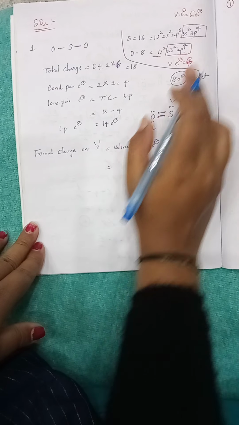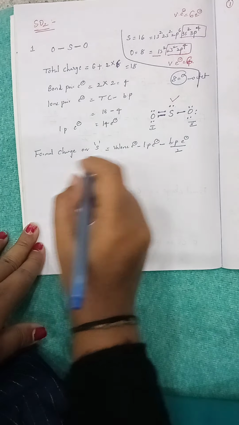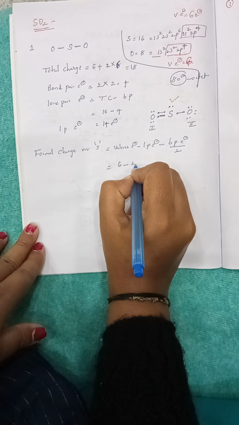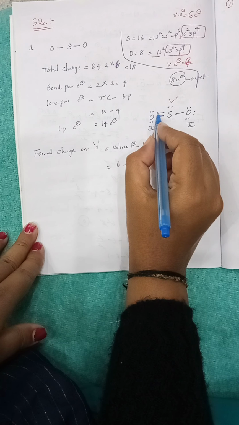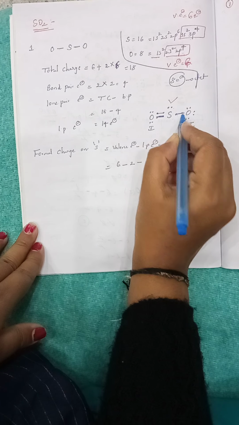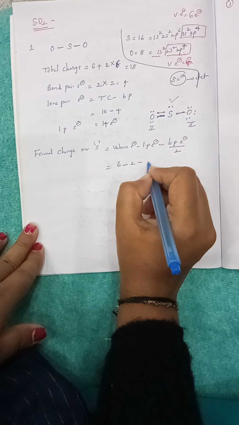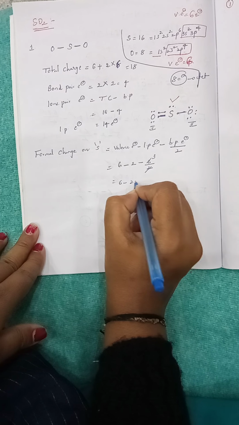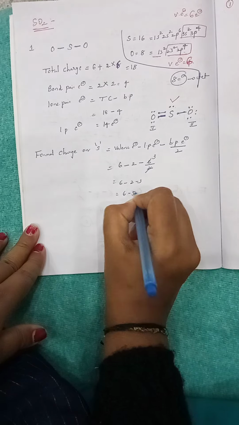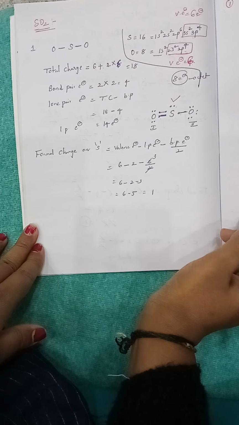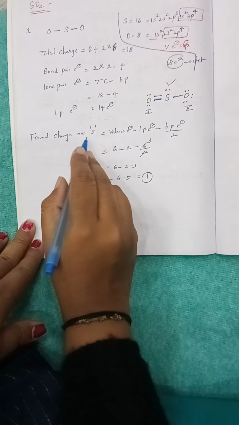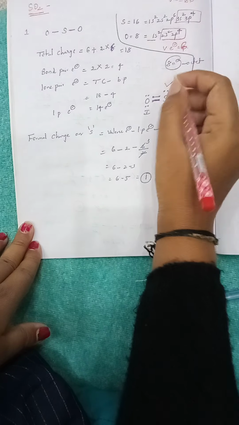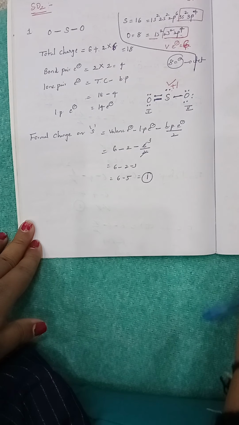Okay, valence electrons in sulfur are 6. 6 minus lone pair electrons, only 2 are there, 2, minus bond pair electrons, 2 electrons here, 2 electrons here and 2 electrons here, totally 2 plus 2 is 4, 4 plus 2 is 6, by 2. 6 minus 2 minus 3, that is 6 minus 5 equals 1. Okay, plus 1 is the charge on sulfur. I am writing it here.